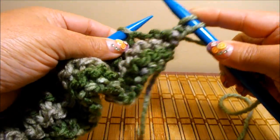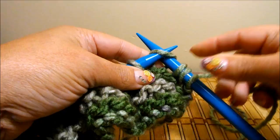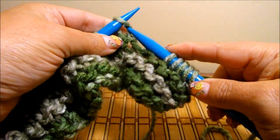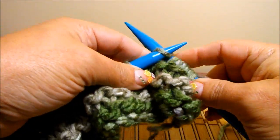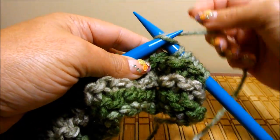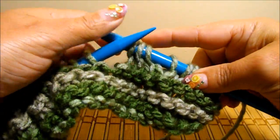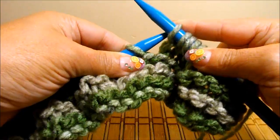Row number 2 will be purl completely. The 50 stitches will be purl. And row number 3 will be 1 purl, 48 knit, and 1 purl. Like that, you're going to work this piece until you have 68 rows. So I'll meet you here at the end when I finish this piece. That way we can put our little